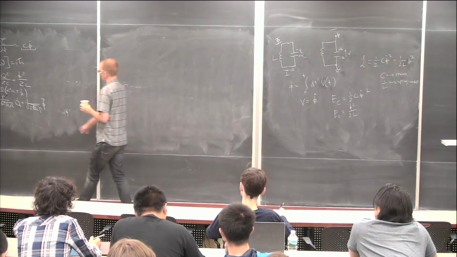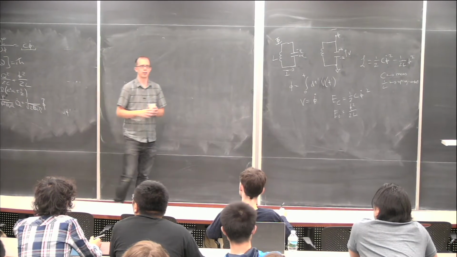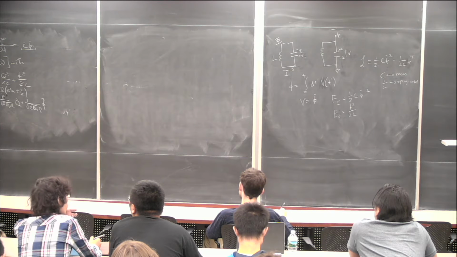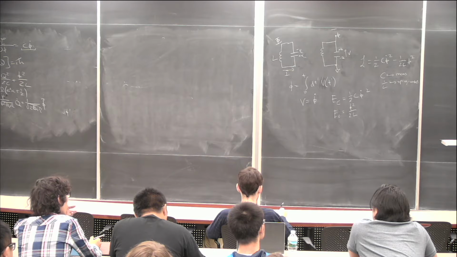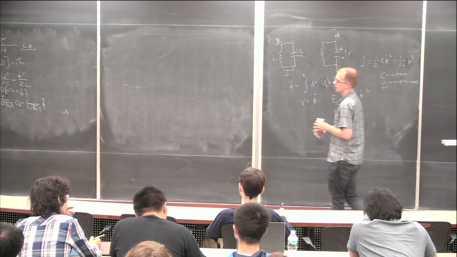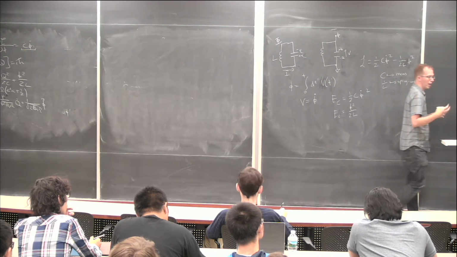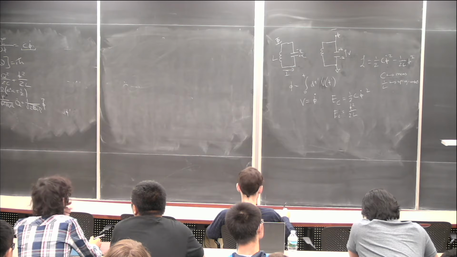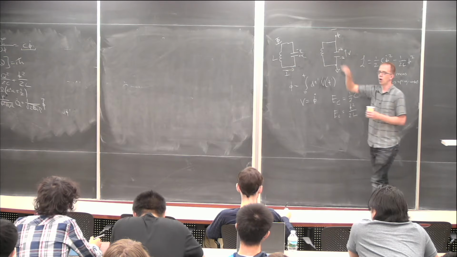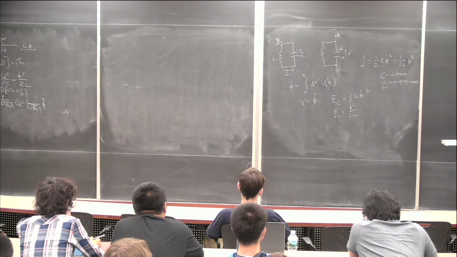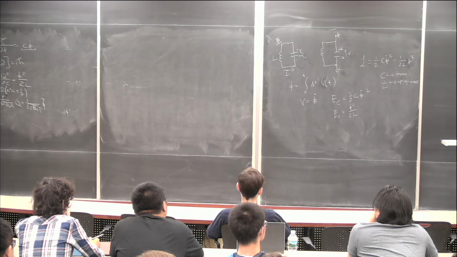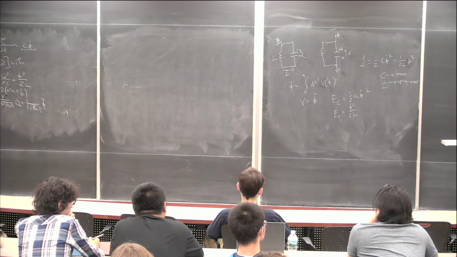Note that your A's and A daggers are combinations of your charges and your fluxes, so you can think of the voltage in your circuit or the charge in your circuit as combinations of A's and A daggers. So A plus A dagger is like a voltage, and A minus A dagger is like a charge. And so you now have a language that you're used to from quantum mechanics with A's and A daggers, and a language that you're used to from circuits. And this approach, writing a Lagrangian by defining nodes in your circuit and finding the energy terms for all of the components, basically is like a meshing of Kirchhoff's laws and quantization that you've maybe seen before as a physicist, and that happily gives you something that you can work with,